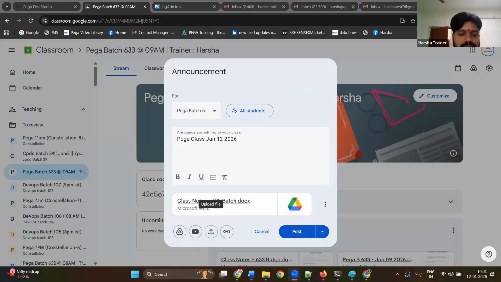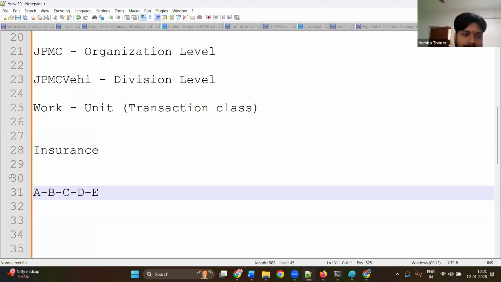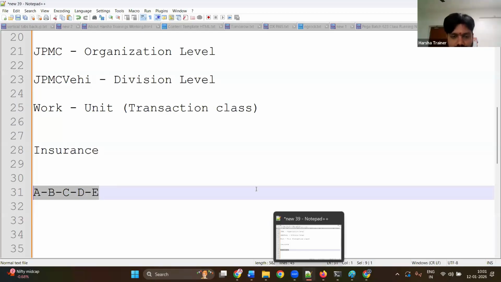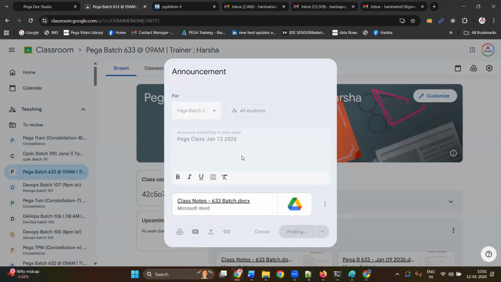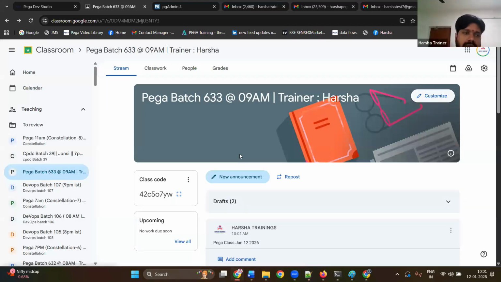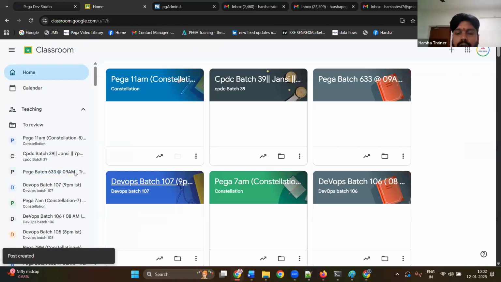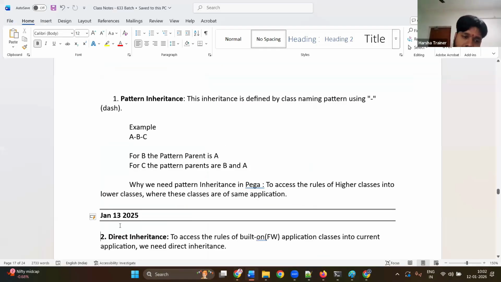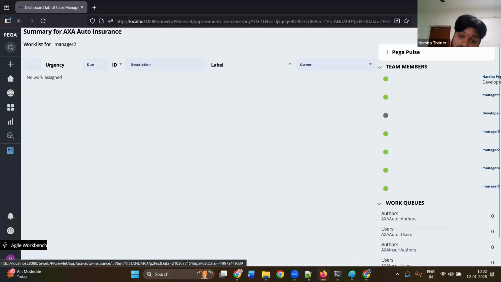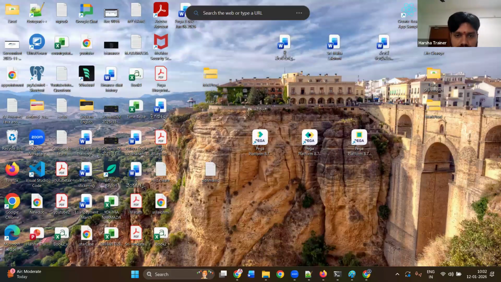See, in terms of Java, I told you. In terms of Pega, I told you just now, pattern inheritance. Got it? Inheritance is universal, but how it is going to work will be covered with an example application. All of these we will do practically. Tomorrow I will show you how to access all of this by pattern inheritance. After I show you pattern inheritance, only then I'll go to direct inheritance. Without showing, I will not. And again, we do so many requirements, one example plus so many requirements.